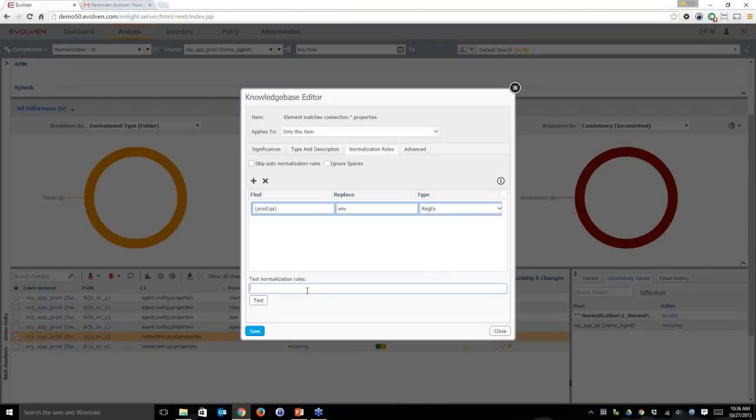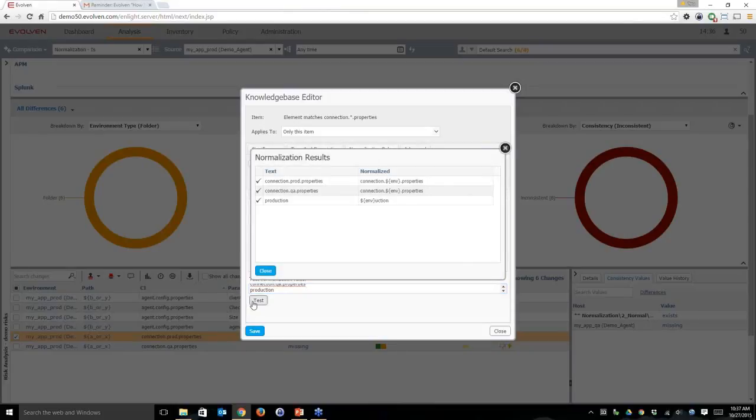And then let's try a couple examples. So we'll try connection.prod.properties, and we'll try connection.qa.properties. And then let's just try production, the word production. And we test it. Now what happened was that connection.prod.properties worked great, and connection.qa.properties worked great as well. What we don't like is that the word production also worked. And while this might be fine, we really didn't want that to get caught up in the